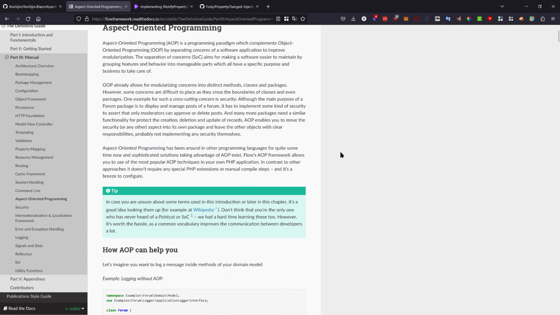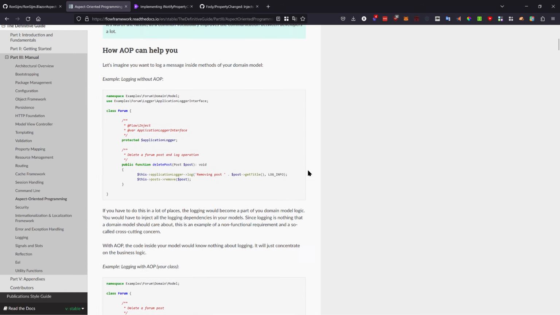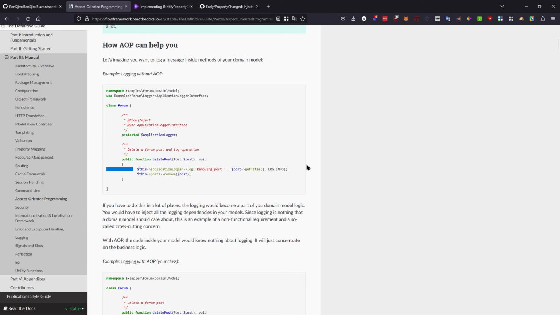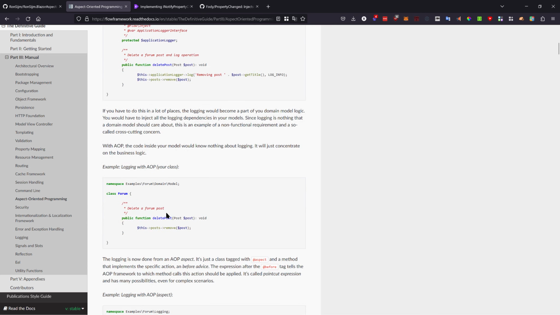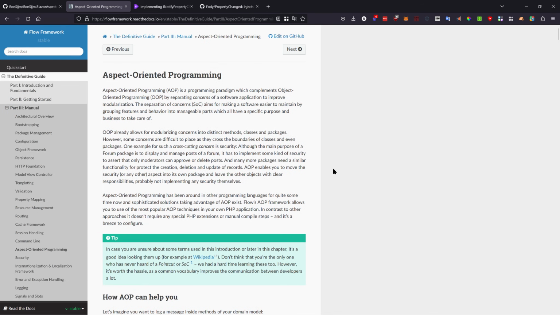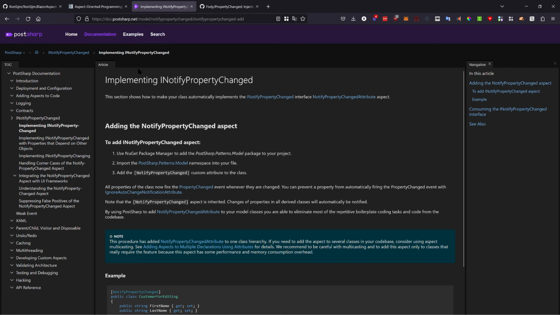It's basically a design pattern to remove behavior from your application, like cross-cutting stuff like this logging here, and to move your logging to a separate class so that you can inject the logging and not have your cross-cutting concerns everywhere inside your code. In normal C# you could use something like a code weaver, like you would use PostSharp,